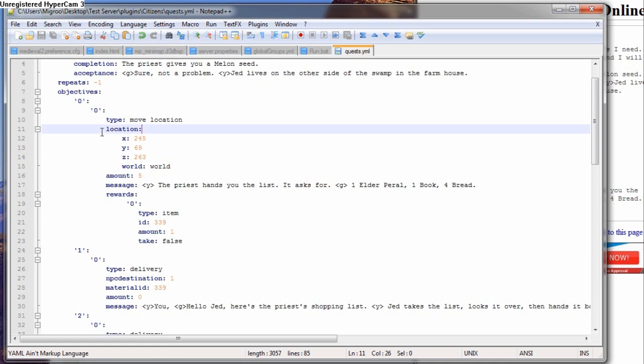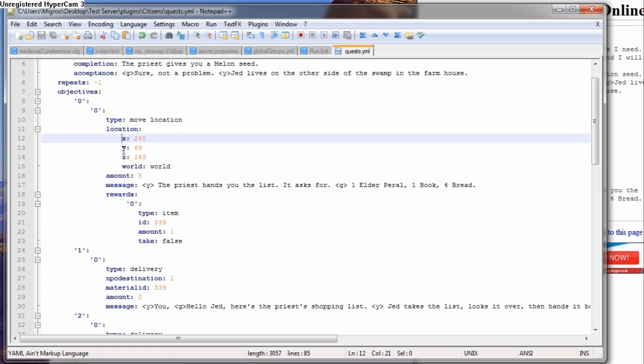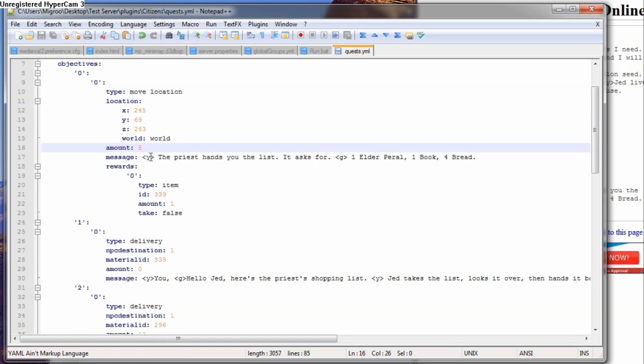but this part here is going to change. So we've got the location, and under location we have X, Y, Z, and world. You can get those values by being in-game and pressing F3, which I'll show a little later on. And then your world, that's pretty easy to figure out. It's just whatever world file you're in. The default is world. If you rename it in the server.properties, it'll have something different. And I think there are mods that will allow for multiple worlds, and you may have to adjust for that, but it's pretty easy to figure out.